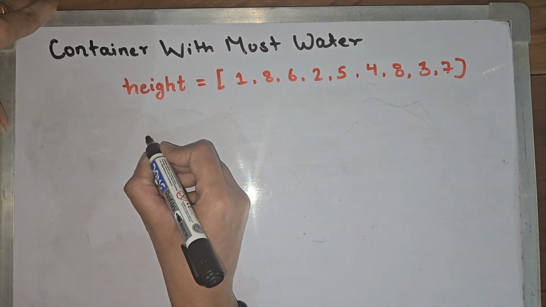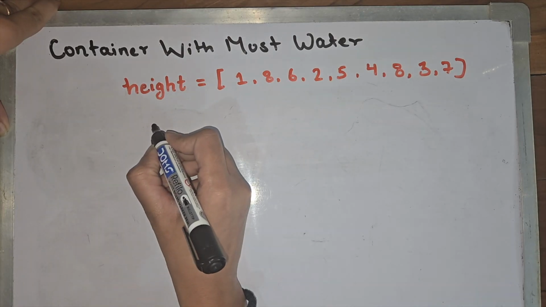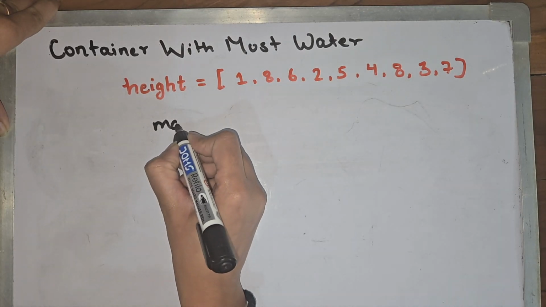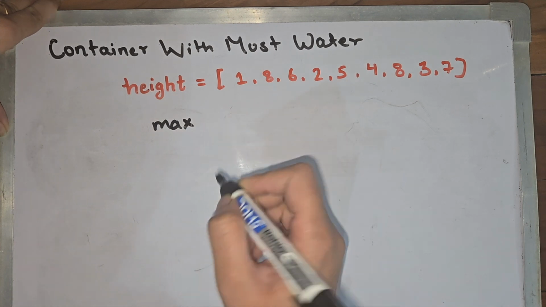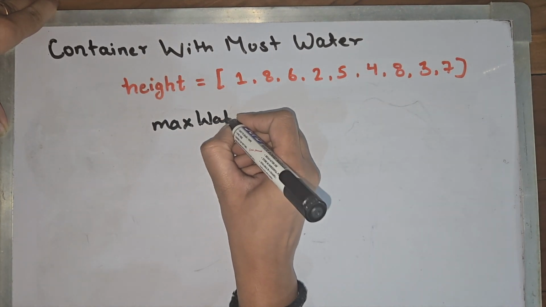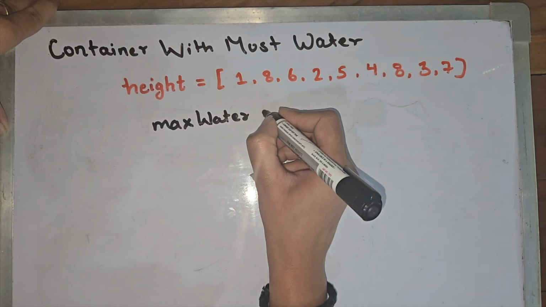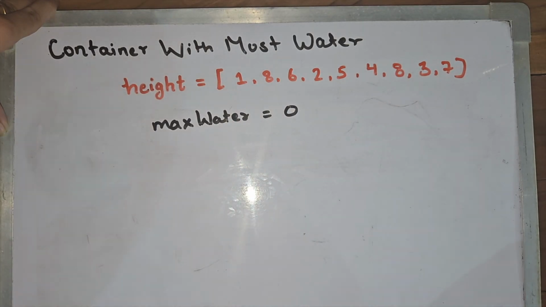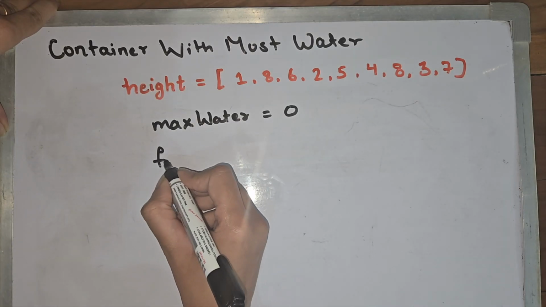For this we will take a variable for storing the max water container. Let's name it max water. Currently it's 0. Okay, and we will loop through our array